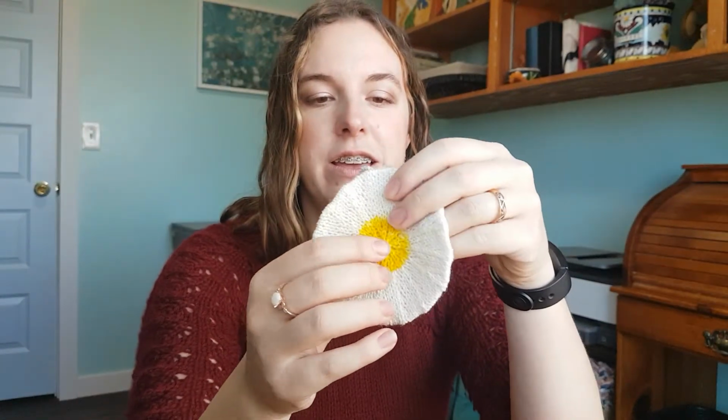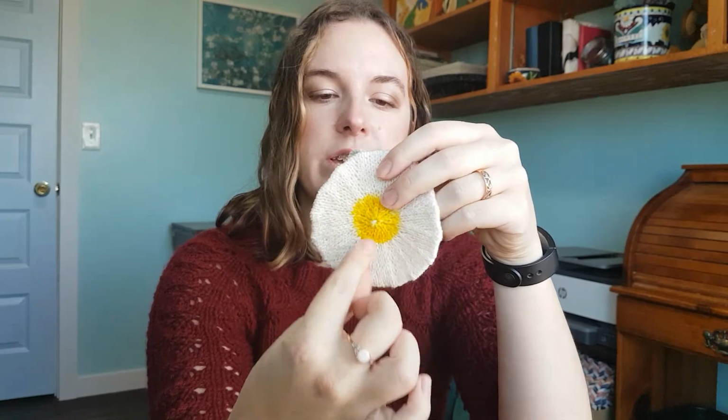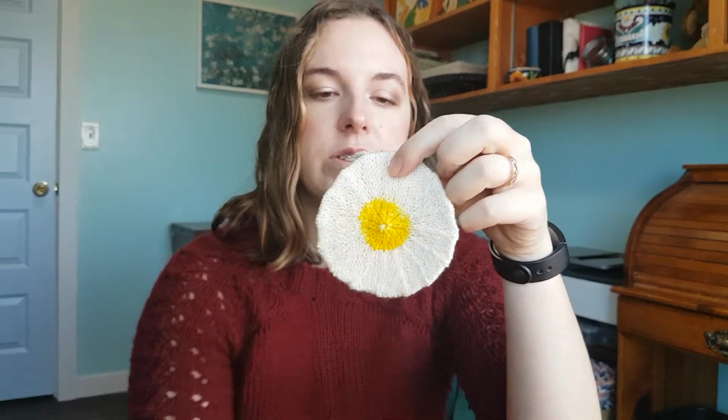I cast on the 4 stitches it called for, and I was working on them. And then I looked ahead. I was like, oh, when am I going to switch from yellow to white? I should know this. And then I looked ahead and it's like, okay, now switch to yellow. And I was like, what? I started with a little bit. I'm working in the round. I should have started with yellow. What's going on? And it turned out that if I had read the pattern more clearly, I would see that